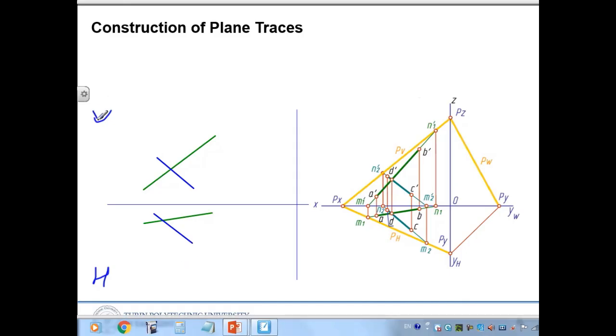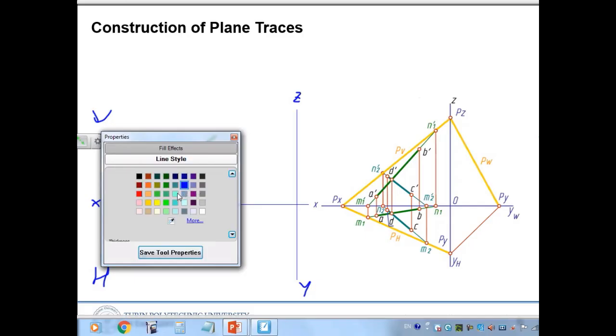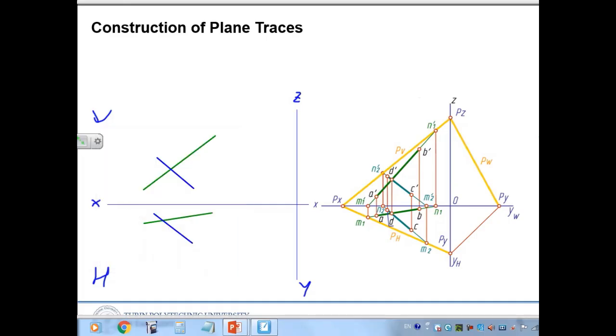Okay, so that's X, that is Z, that's Y. So how do we do it? Let's use red color. So we'll continue the slope. Okay, so let's write down